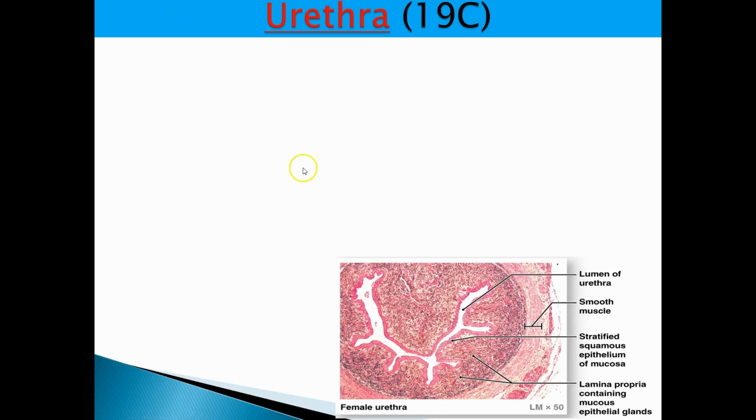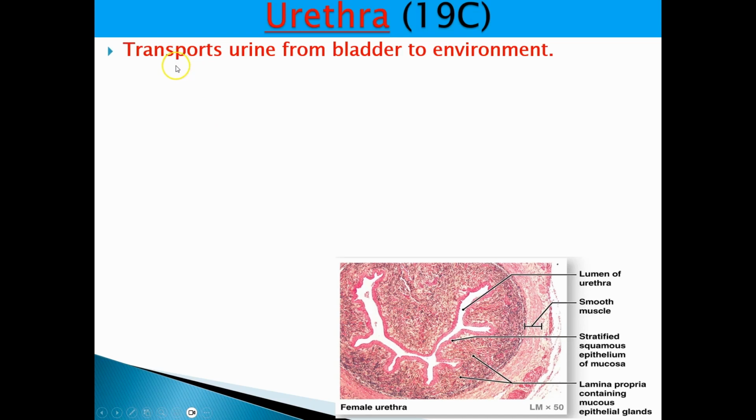And so this brings us to the urethra, and here you can see it's a female urethra. But again, notice as far as the epithelial, notice it's a lot thinner compared to the lamina propria. It's a lot larger of a lamina propria there, and that's how you can tell the difference between the urethra versus the ureters. Very challenging. It's one of our more advanced histology images. Usually I save this sort of histology stuff for the lab exam there. Okay. But when it comes to urethra, know that this is the final transport here, where it's actually going to transport urine from the bladder to the actual external environment, and that's how we get rid of,